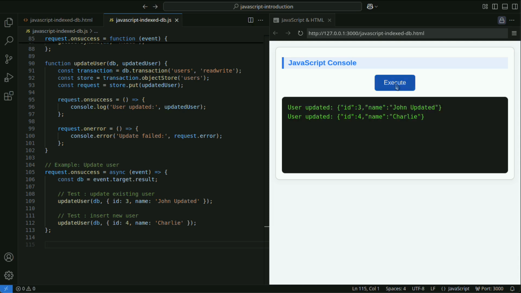Put is a convenient method that supports both updating and adding. If data with the same primary key already exists, it will be overwritten. If you want to check for existence before updating, you can use get to confirm beforehand.